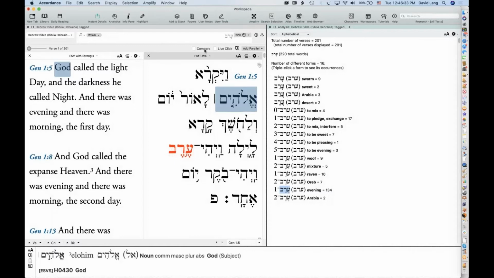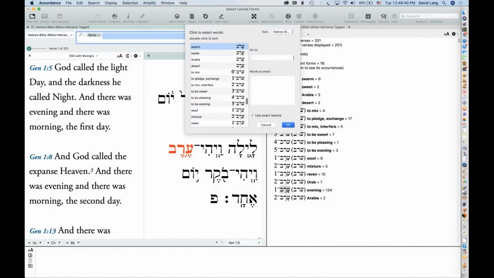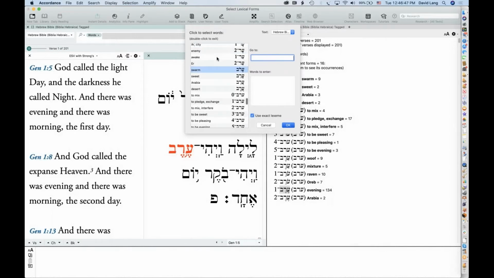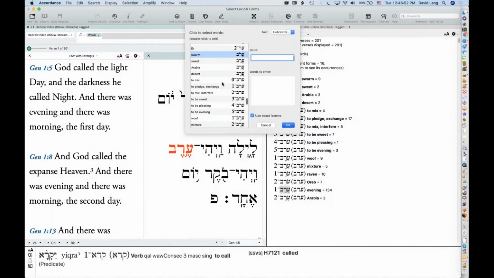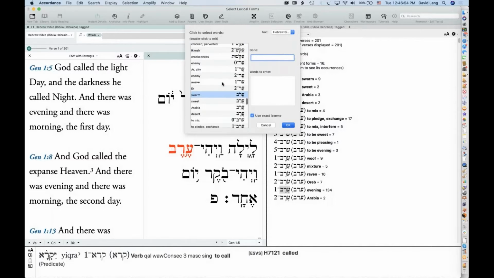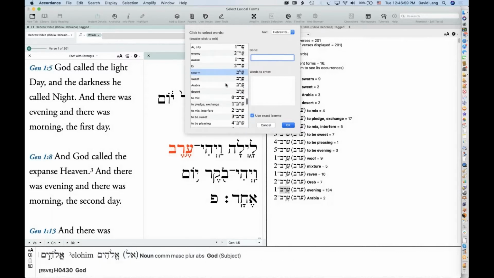So if I merely copy Erev and then put the equal sign in front of it, Accordance is going to say, wait a minute, which Erev do you want? Do you want evening or do you want Arabia? And so it'll bring up the word list, and I can choose evening.